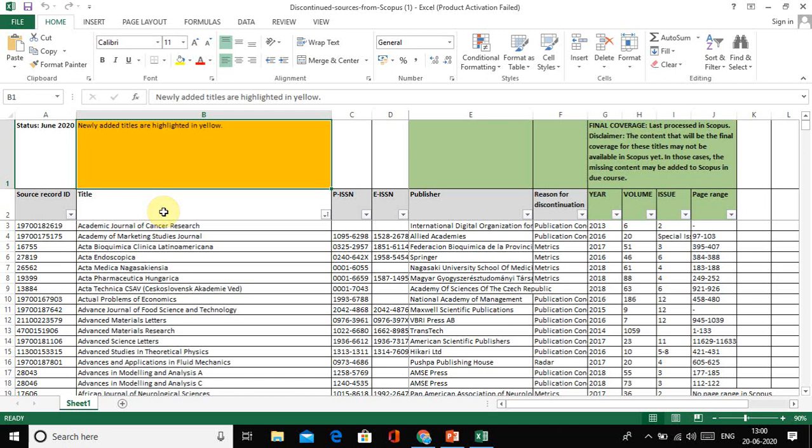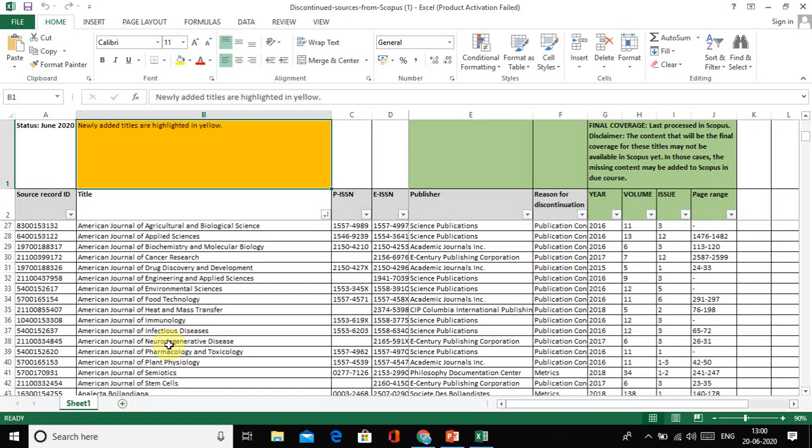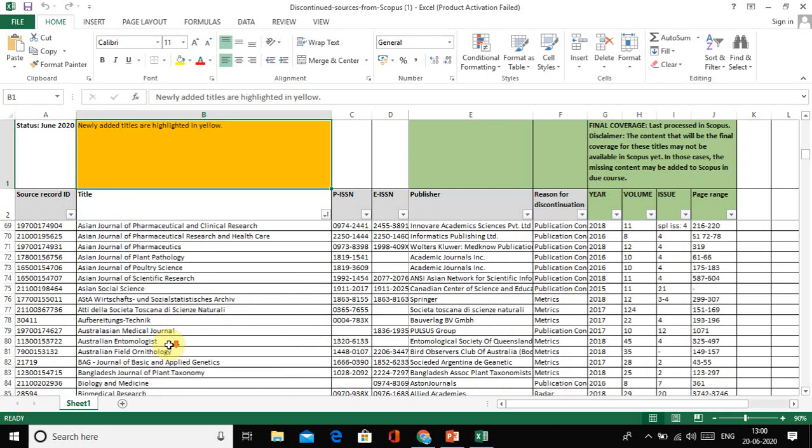A list was already updated in Scopus in Feb 2020, and this June 2020 list is the updated version of the Feb 2020 list. So the journals highlighted in yellow in this list represent those newly added to the discontinued list.